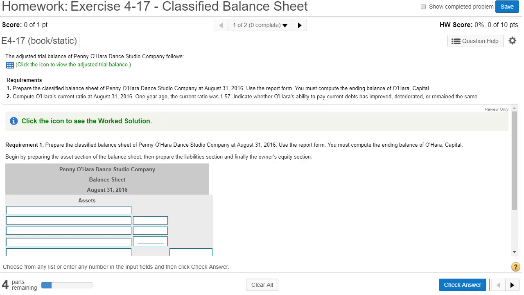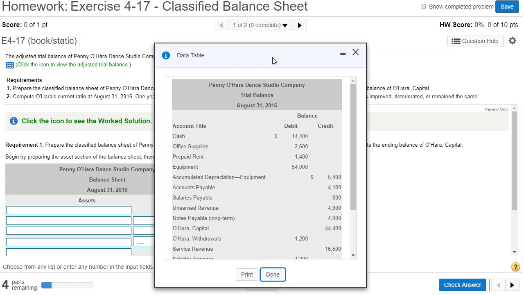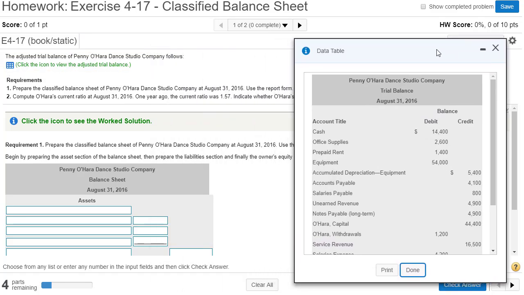Exercise 4-17, we're going to create a classified balance sheet. So the adjusted trial balance of Penny O'Hara Dance Studio Company follows. So here is our trial balance. Notice the order of all trial balances are